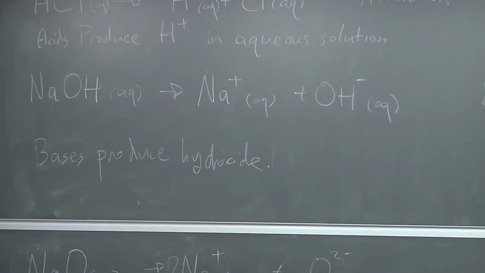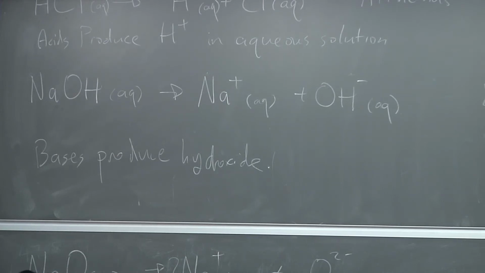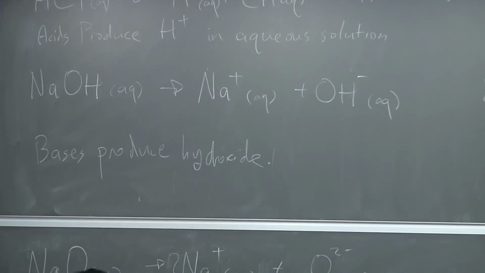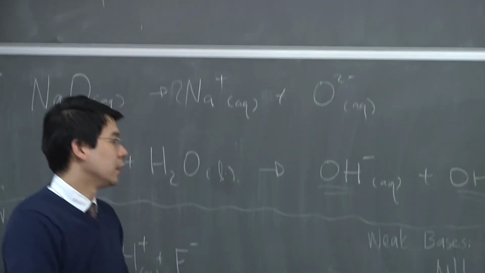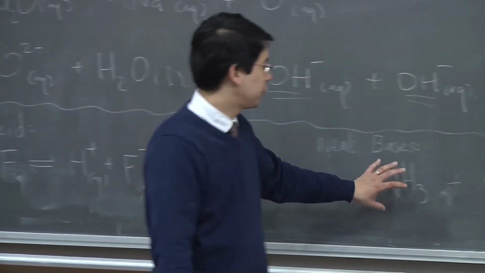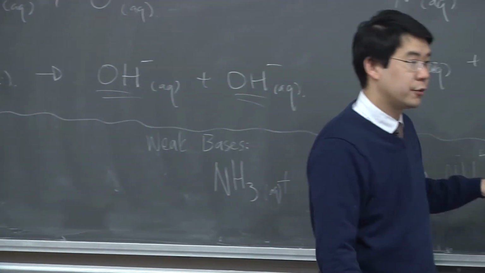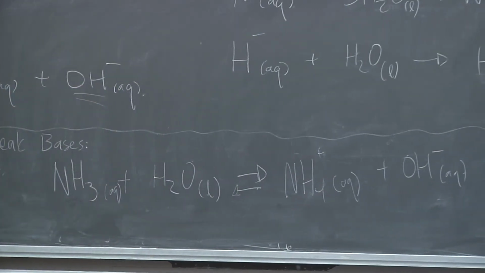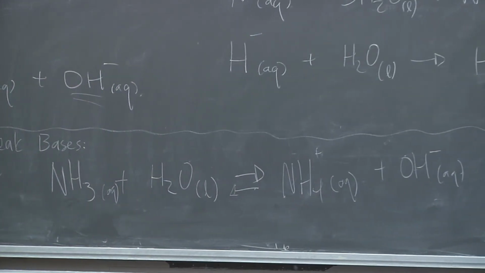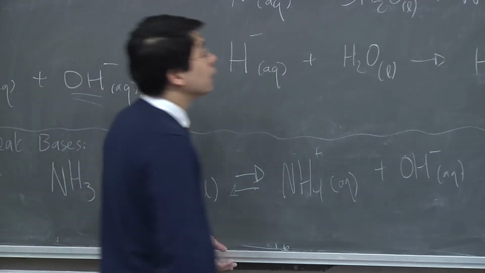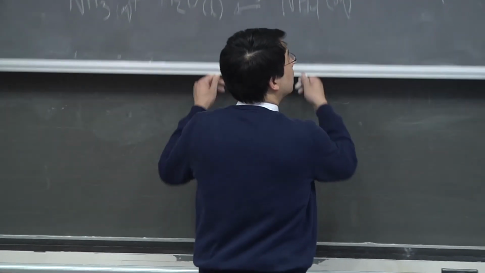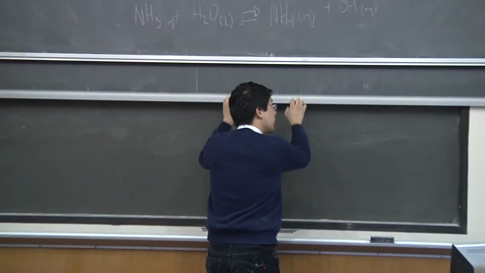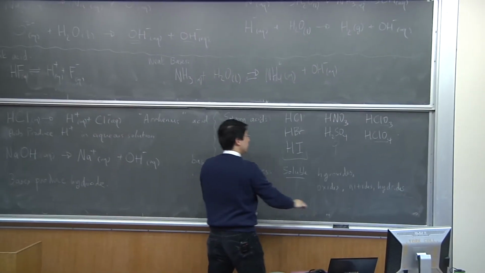Soluble ionic compounds, you learned, dissociate completely into the cation and the anion. Here you have some of it going to NH4 plus, some of it going to OH minus, but some of it staying. And so that's what makes it weak. Okay, so that's the kind of background we're going to need to think about